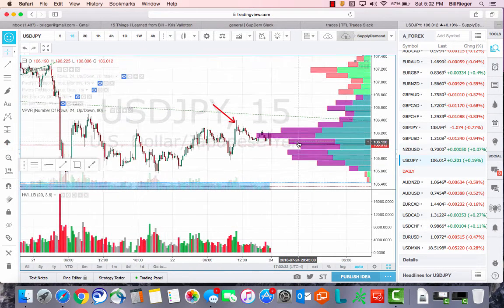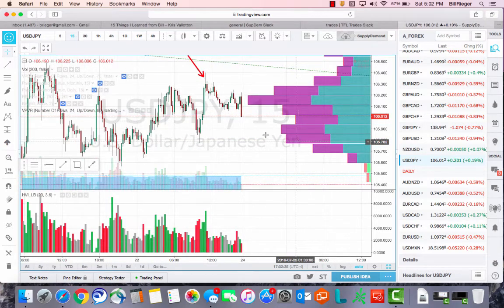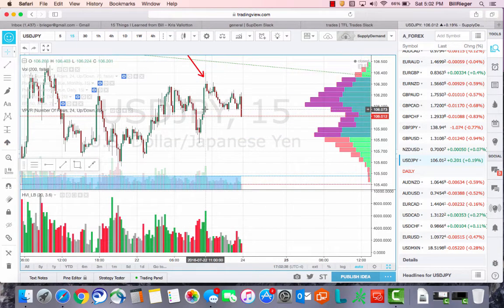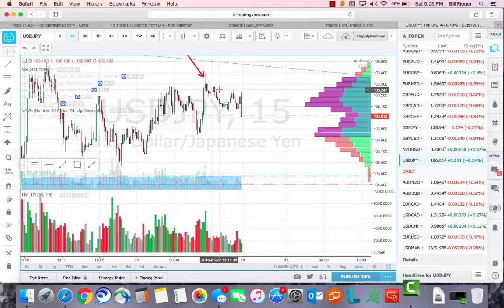And I saw, one of my favorite candlesticks is a pin bar. And I see this pin bar at the top of this channel I had drawn, near, again, the top of the channel on the daily, on high volume. I was very confident taking this trade. So I took this trade, put my stops right above it, and this kind of meandered, came back up, pulled back a little bit. And as this pulled down, I saw